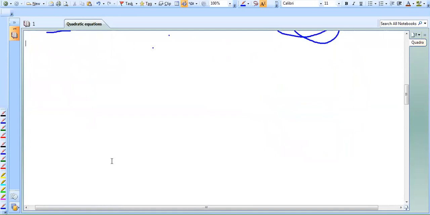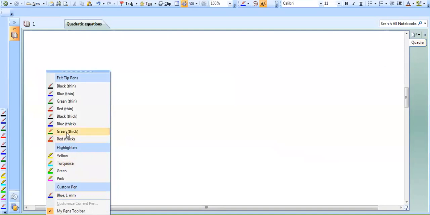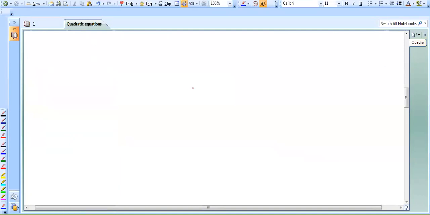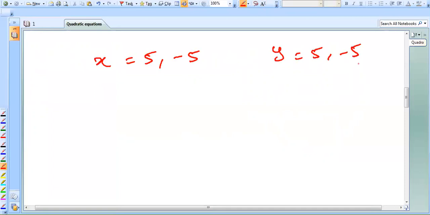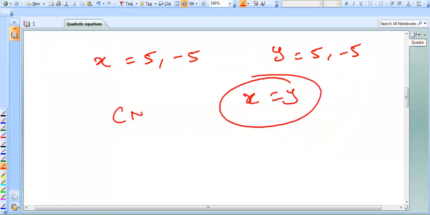Because some students will say, sir, we will compare like this: x values we will compare with one of the y values and find the relationship easily. Some students will think like this, but that is wrong. It will not be applicable in every situation. For example, some students will say x is equal to 5, minus 5, y is equal to 5, minus 5. By seeing these values, they'll say x equals y is the answer, sir. But no, the answer is cannot be determined. So how is it possible? I'll explain it here.